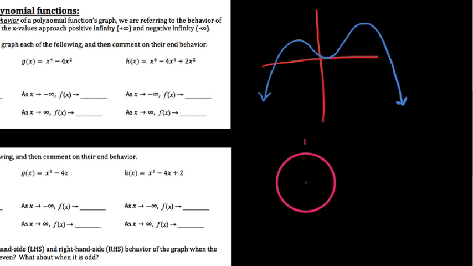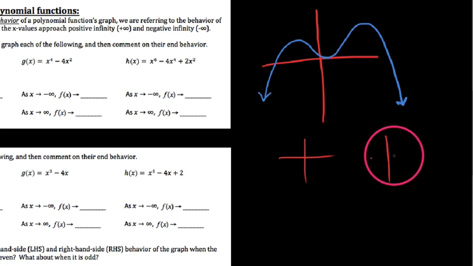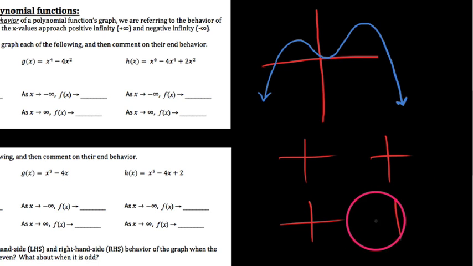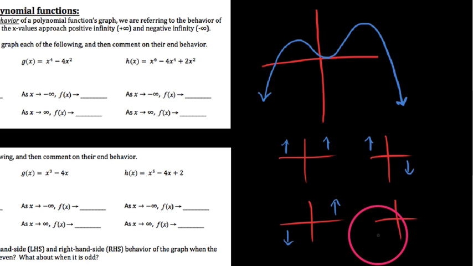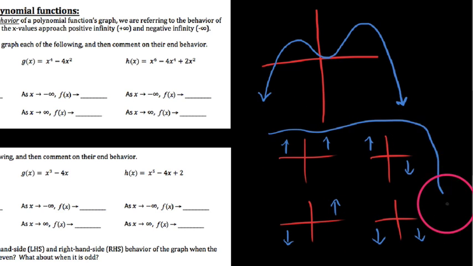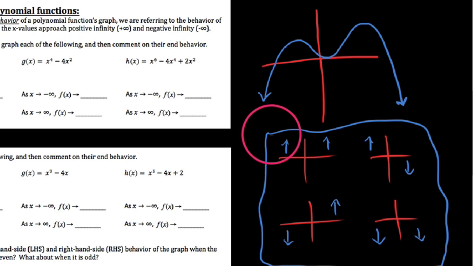I would say that with polynomial functions, their end behavior is such that their y values are going to go down forever and ever, or their y values are going to go up forever and ever. And so you'll see that we get polynomial functions that could rise on the left and rise on the right, but could also rise on the left and fall on the right. Or they could fall on the left and rise on the right, or they could fall on the left and fall on the right. And these would be the four possibilities for what we call